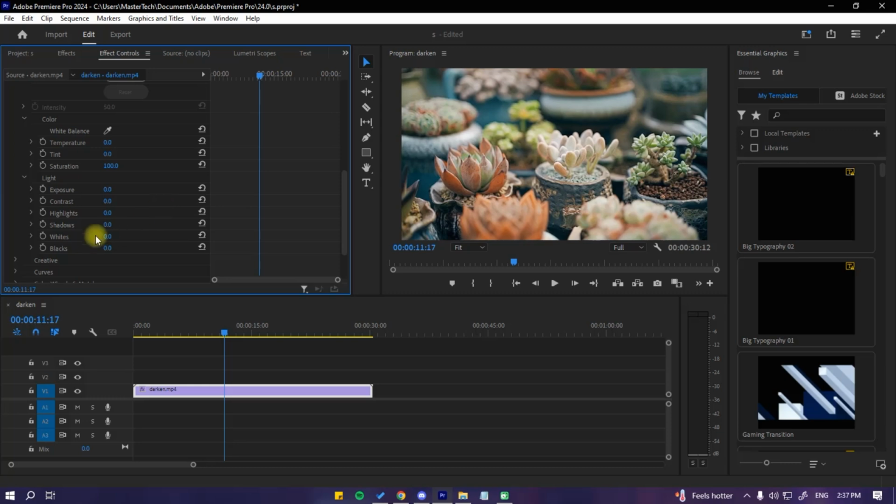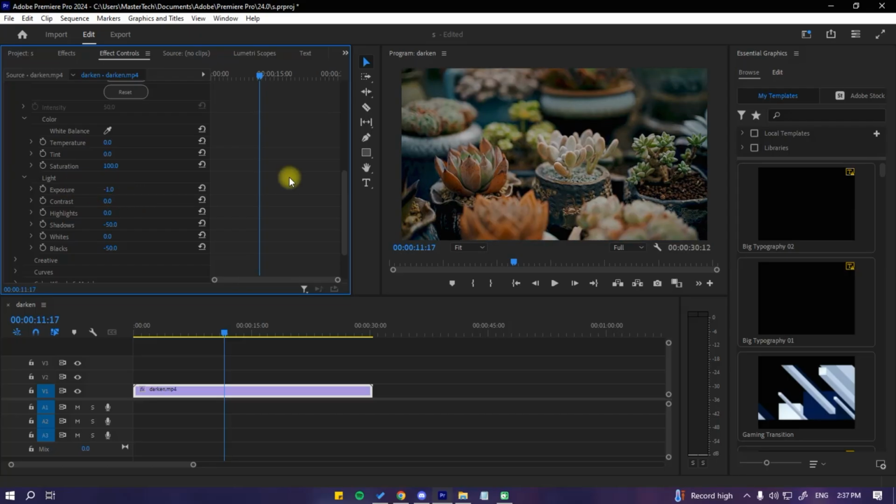First, we can try reducing the shadows here to maybe around -50 and the blacks to -50 as well. After that, if you still want the video to be a bit darker, we can also reduce the exposure a bit to, for example, -1. And you can basically just adjust and play around these values until you have your desired effect to darken your